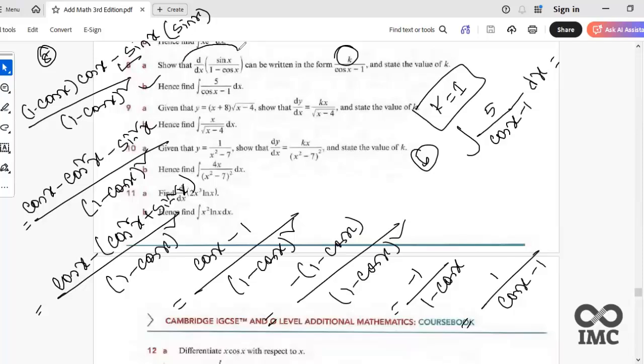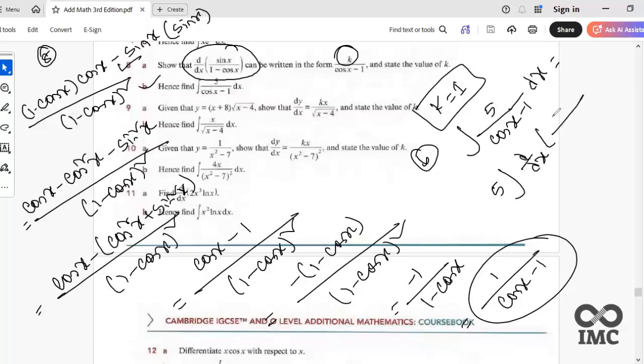The d/dx of sin x by 1 minus cos x will be 1 by cos x minus 1. So 1 by cos x minus 1 can be written by integration of, instead of this one, we can write d/dx of sin x by 1 minus cos x dx. dx we can cancel. So we'll get 5 into sin x by 1 minus cos x plus